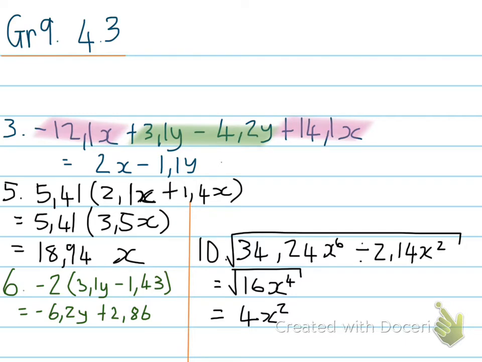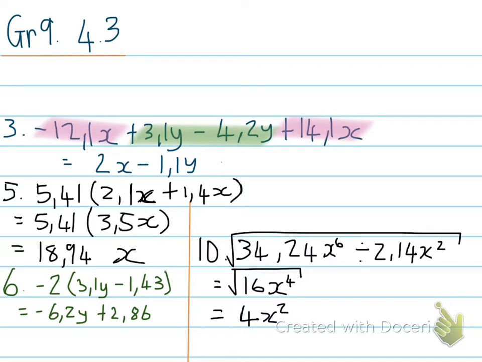So it becomes, the negative 2 has to be multiplied in. Right. So I multiply it in and I get negative 6,2y plus 2,86. Please check that you have that. And then number 10